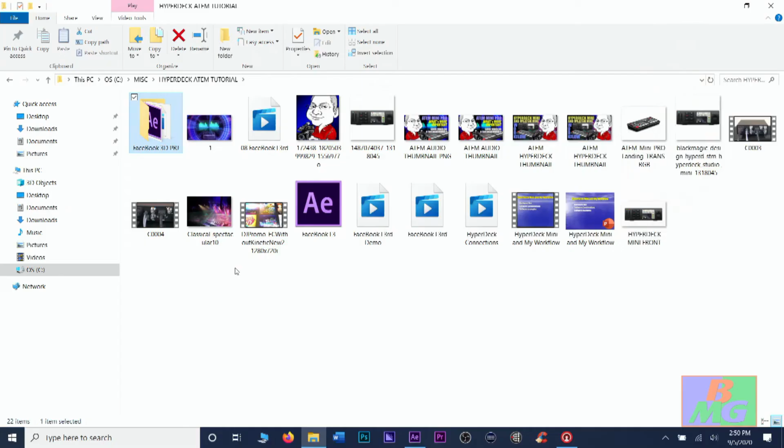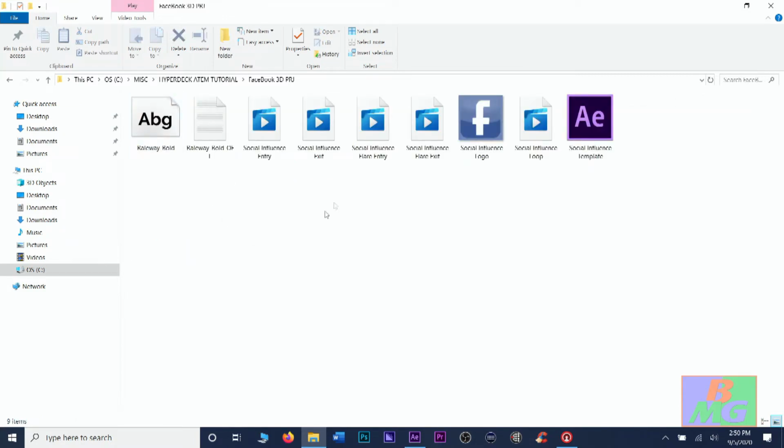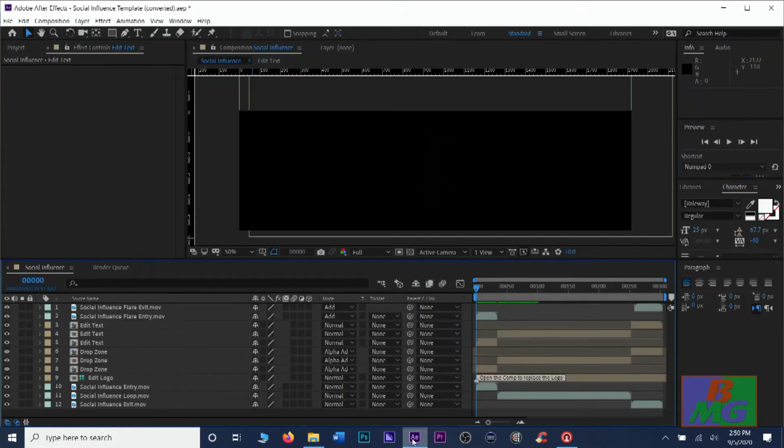So let's switch to my computer, and you can see the file structure over here. When we downloaded it from Digital Juice, it actually downloads in this folder. So when we click on it, you can see associated files with it, and you can see the actual project. If we click twice on it and open it in After Effects, it might seem to be intimidating for